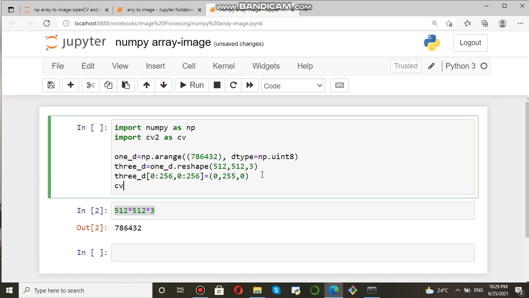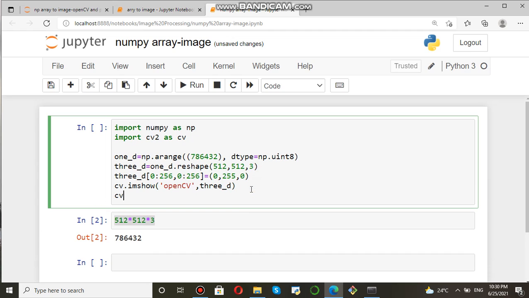Now use the OpenCV function, cv dot, which function? Give the name and then pass the variable 3D, and don't forget to write waitKey. Inside the 3D variable we put only color, so why do we give the 3D variable?